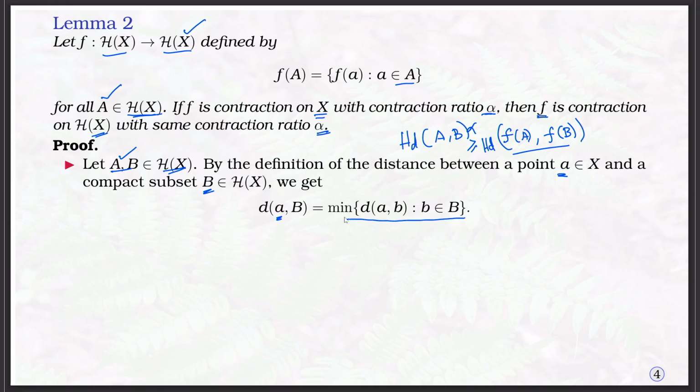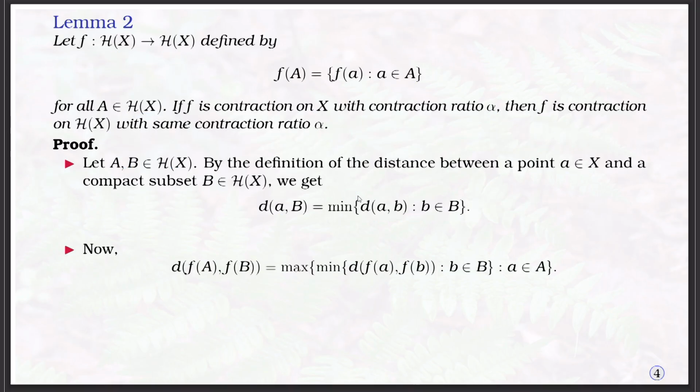This equation means that we need to fix the number A and find the distance between A and B for all the members of B. Among this collection we need to take the minimum, then we will get the distance between A and B. Then we need to find the distance between f of A and f of B. In the previous lectures we used the infimum and supremum, whereas here we are using the minimum and